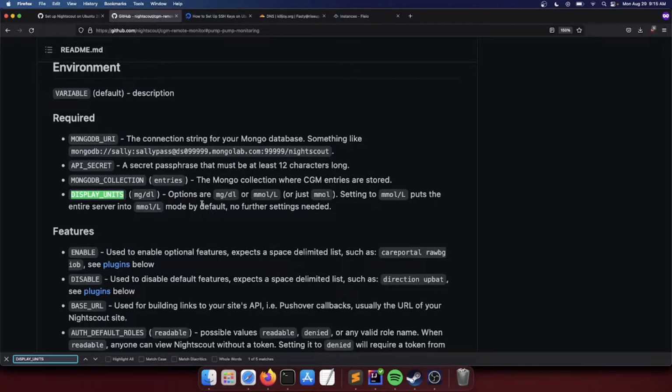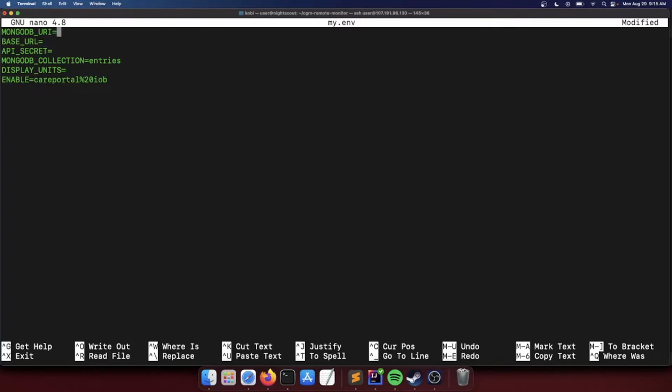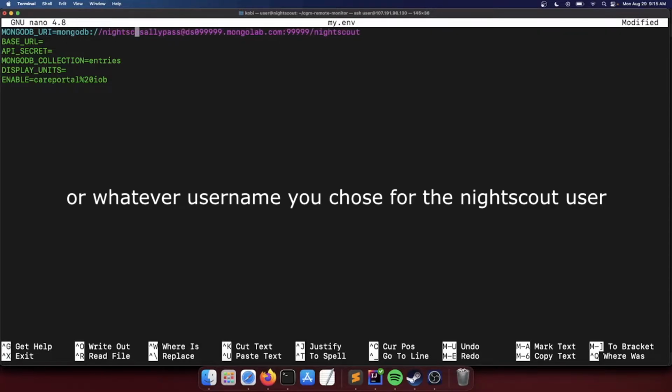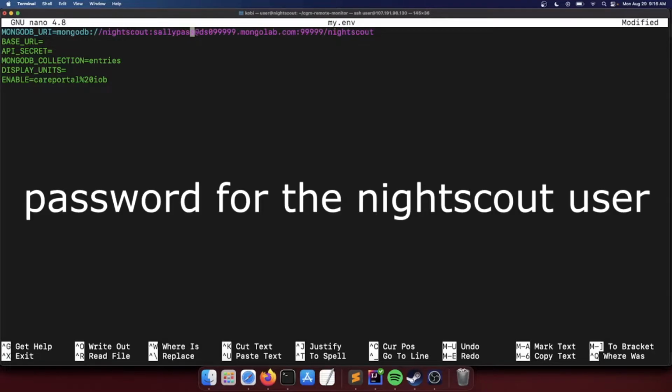So let's see, the connection string for your Mongo database, something like this. So we'll paste that right here, and it's going to be MongoDB. So we'll do Nightscout, and I'm going to fill this password in off the cam because I don't really want to show you guys my Nightscout password.